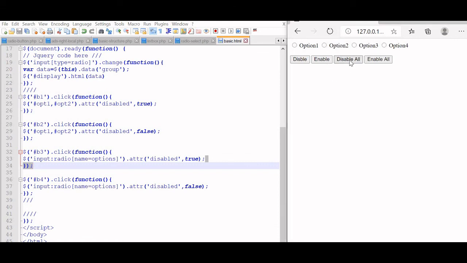Okay, now let us see disable all. All are disabled. I can't select any of the radio buttons. Enable all. Okay, all are enabled. Now let us see disable 1 and 2. 1 and 2 are disabled. Now let us enable all along with 2. Now at this stage 3, 4 remained in enable state, 1 and 2 are in disable state. Enable all. Now all are enabled. Now I can use the disable all also.